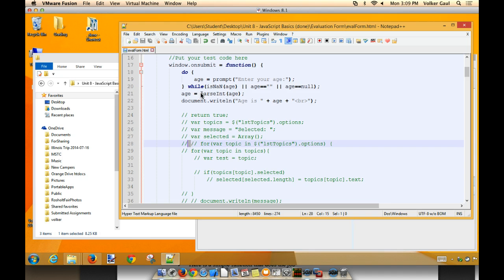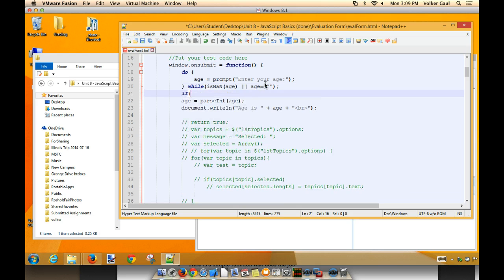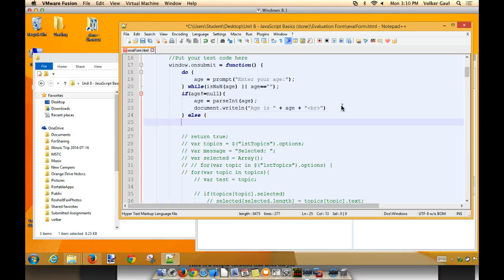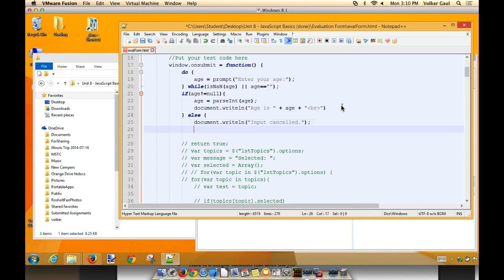Cancel it. Well, then I have to be a little smarter, right? I want to allow the loop to end on null, but down here I want to say if age is not equal to null, then do this stuff. Else do something like